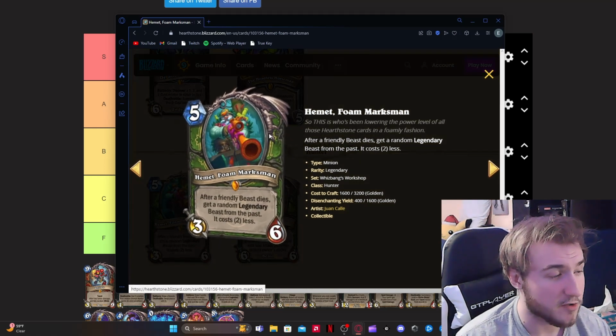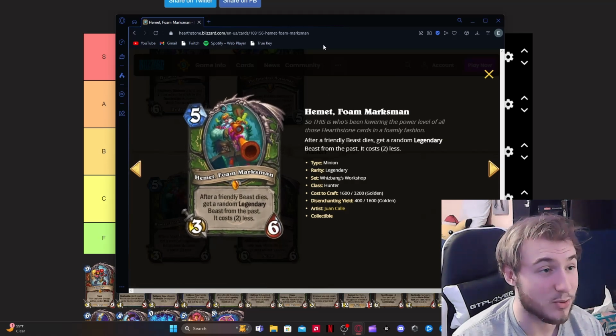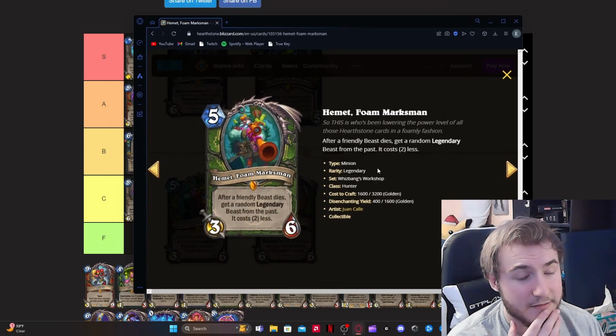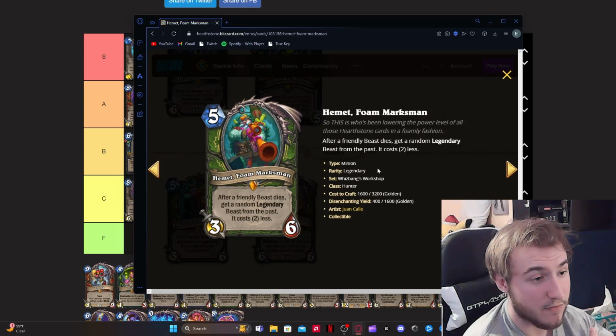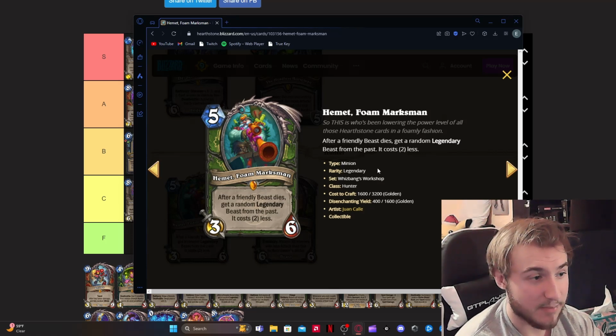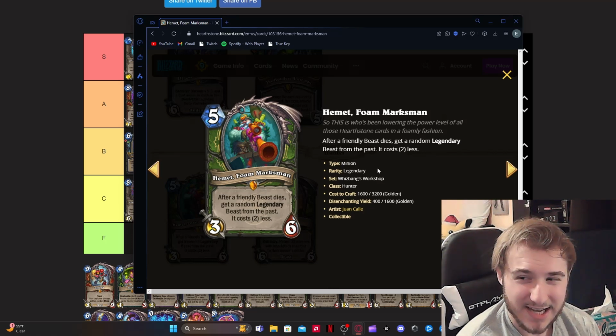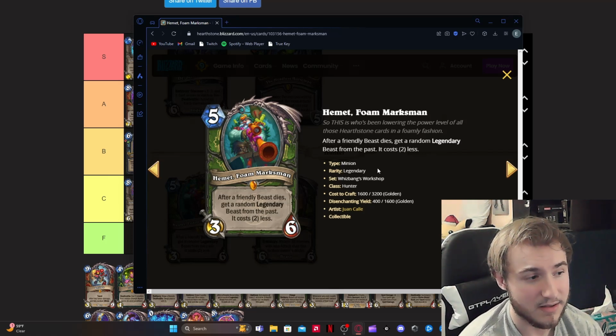Himmet Foam Marksman, 5 mana 3/6. After a friendly minion dies, get a random legendary beast from the past. It costs 2 less. Now, I'm kind of split on this card because it is kind of expensive for what Hunter wants to do, and everything that we've seen so far is pushing Hunter more towards an aggro mid-range type style and not more of a longevity type deck. Now they could use that as a reload, but I think for 5 mana and the stats that you're getting for it,